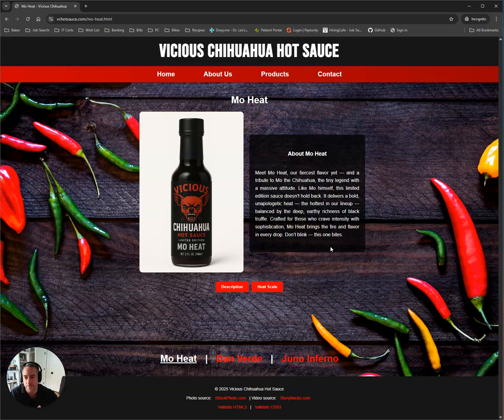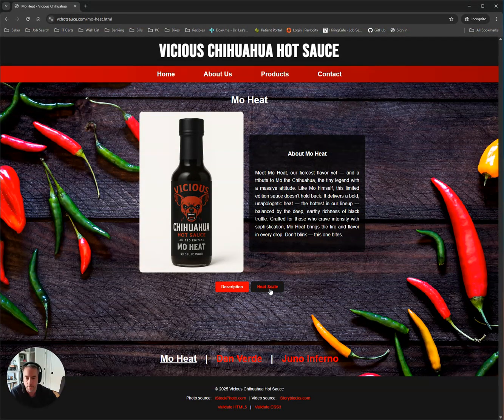It's always going to be a little bit different than the next one, so I had to make some manual changes for that reason. This right here is a 1x2 grid again. The bottle is on the left side of the grid, and the description of the flavor is on the right-hand side of the grid. And then right below that, you'll see two more buttons where you can switch between description and the